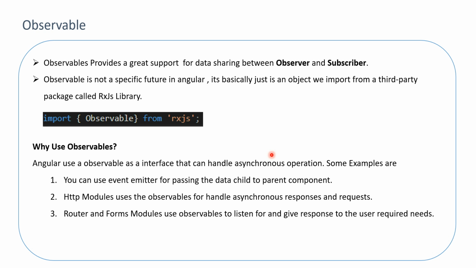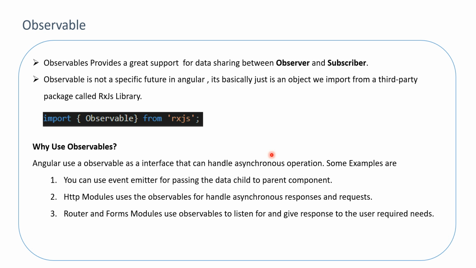By using the observable, you can monitor the router params. Whenever you see the URL in a web application, it keeps on changing, right? If you want to subscribe whenever a param in the URL changes, you want to get the latest data from the router param. In those situations also you have to use observables. By using the router params you can subscribe to the data, and here you are internally using the observable.